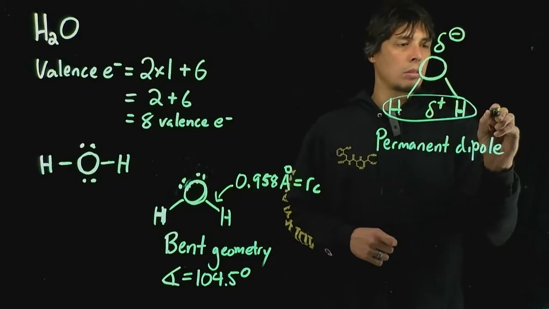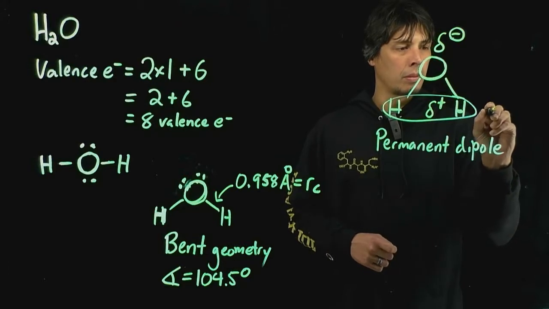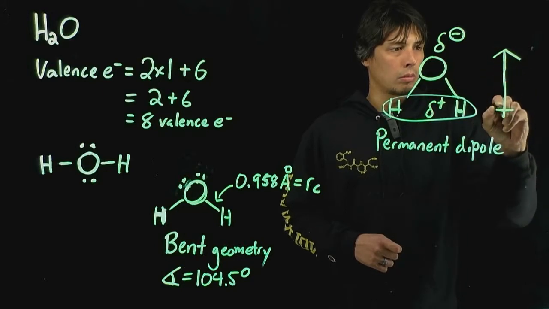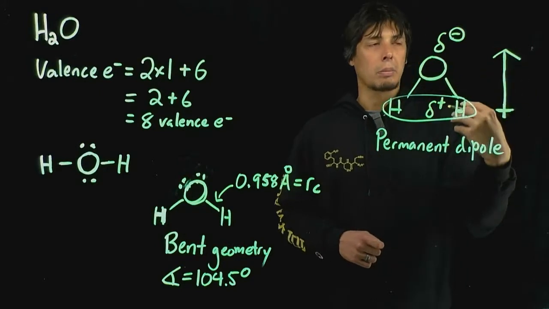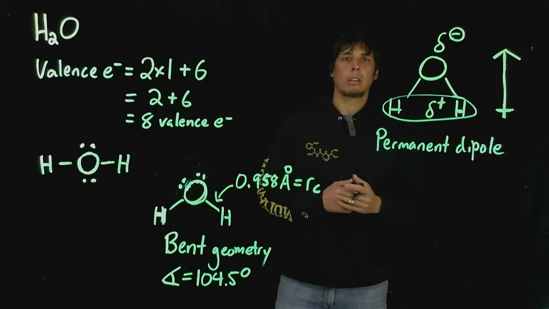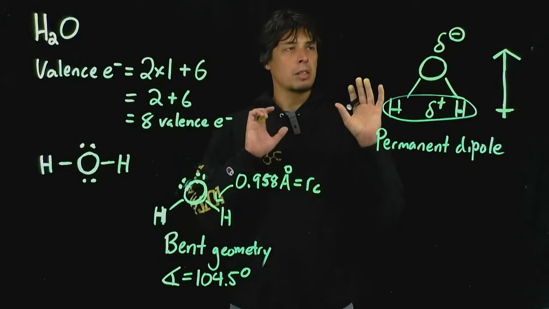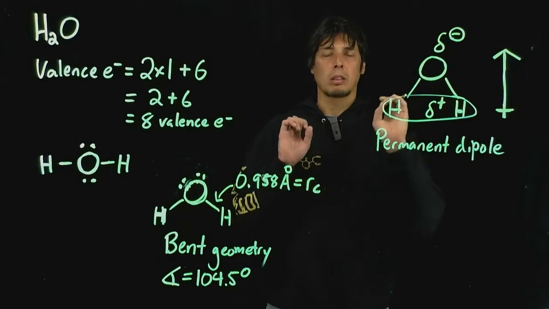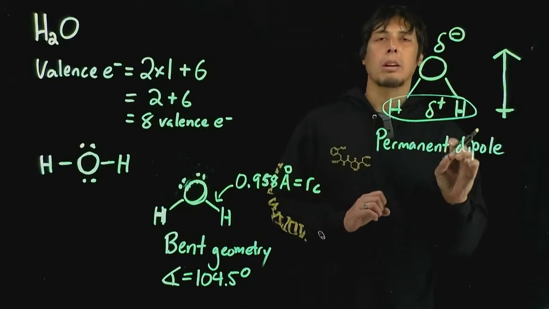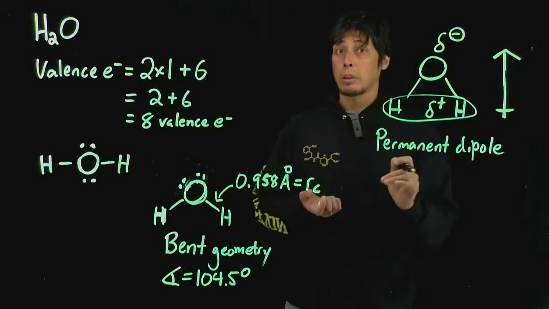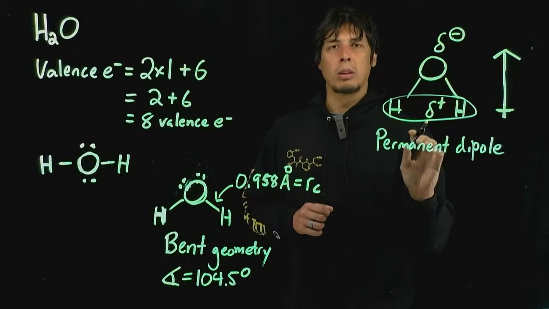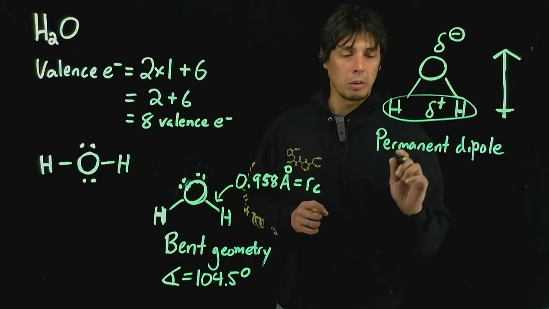So that means there's what's called a permanent dipole. We can denote that like this, where there's a plus sign at the positive end, and then we draw the arrow towards the negative end. Why that's important is because this can interact with other molecules that have permanent dipoles, and it can also, which we'll talk less about, induce dipoles in molecules that don't have one. But importantly, let's stick to how it can interact with other molecules with permanent dipoles.